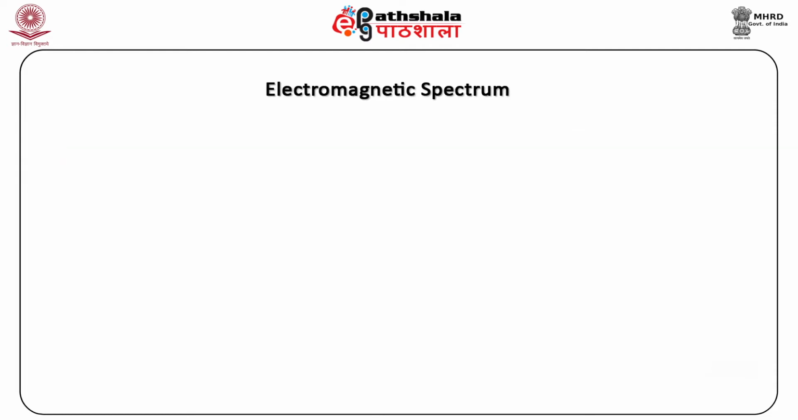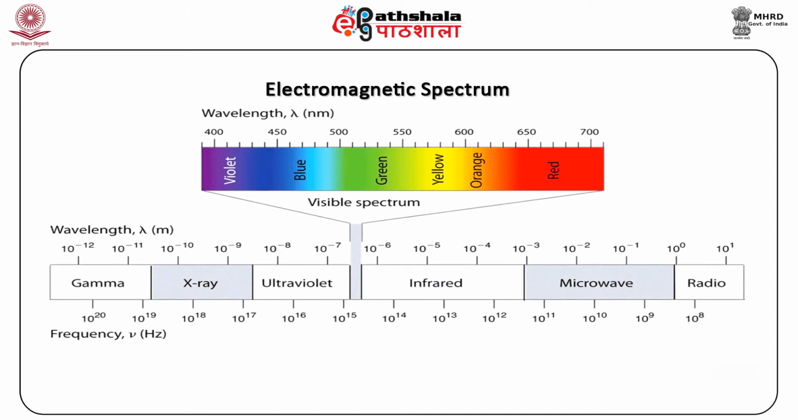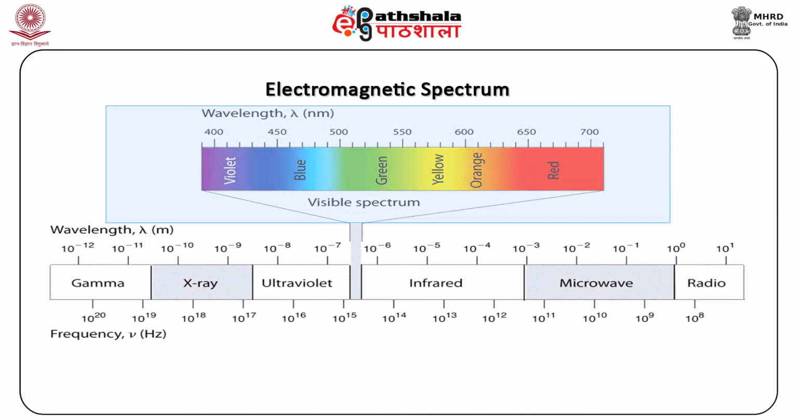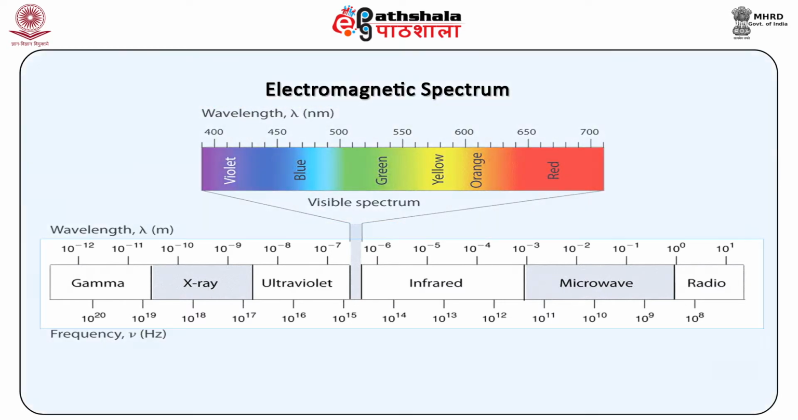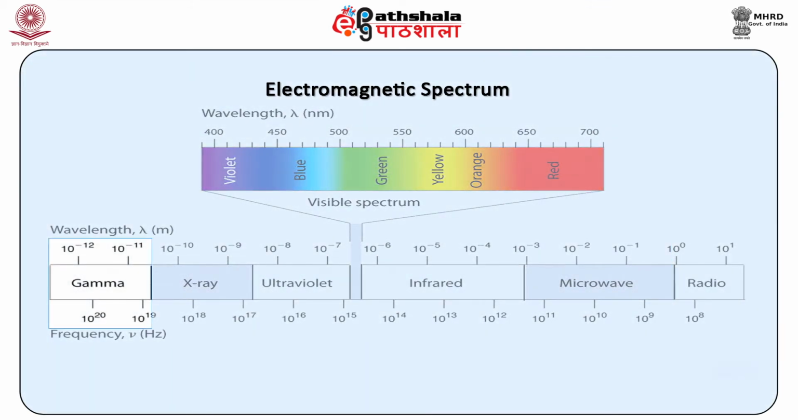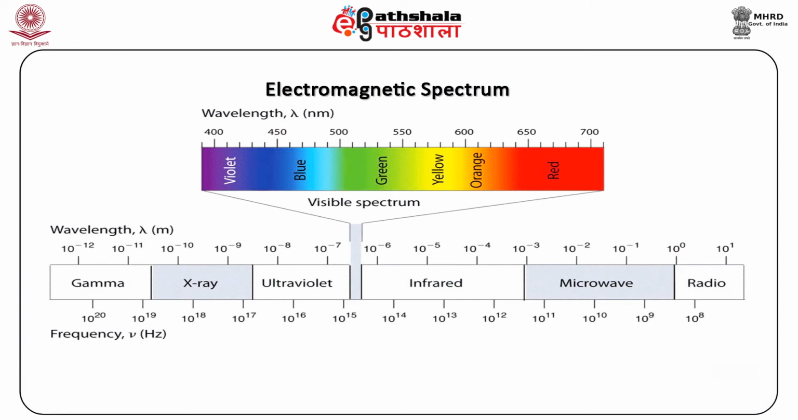Let us first learn what is an electromagnetic spectrum. The arrangement of all types of radiations in the order of increasing wavelength or decreasing frequencies is known as electromagnetic spectrum. The electromagnetic spectrum includes radio and TV waves, microwaves, infrared, visible light, ultraviolet, X-rays and gamma rays. Radio waves have the longest wavelength, whereas gamma rays have the smallest wavelength and the highest energy of any radiation